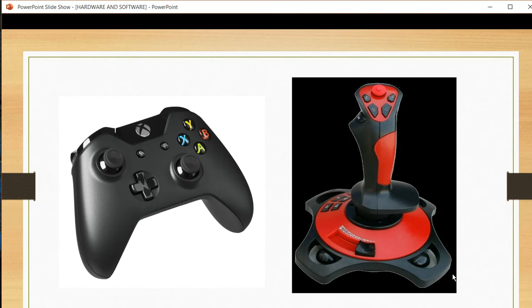Whenever you want to play video games, that time you have used this type of device. So, joystick is basically used for playing games. And with the help of this device, you can move the items on the screen.